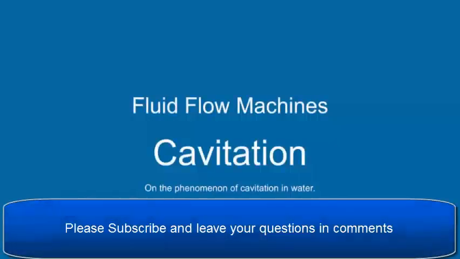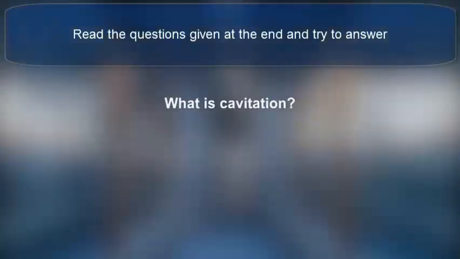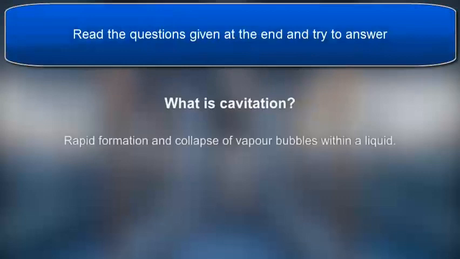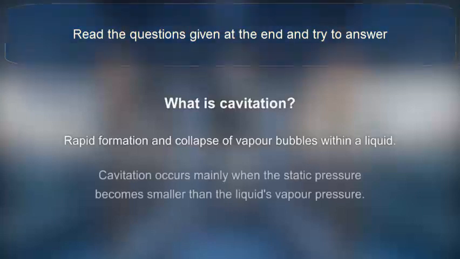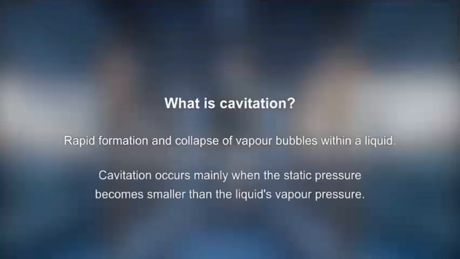In this series, we are going over the phenomenon of cavitation in water and its consequences. What is cavitation? Cavitation is the rapid formation and collapse of vapor bubbles within a liquid. Such cavitation bubbles are formed mainly in locations within the liquid where the static pressure becomes smaller than a liquid's